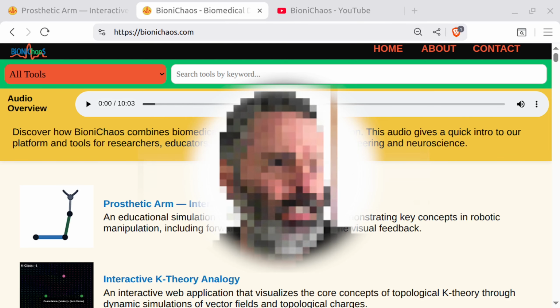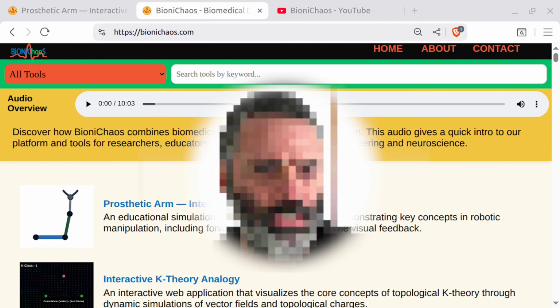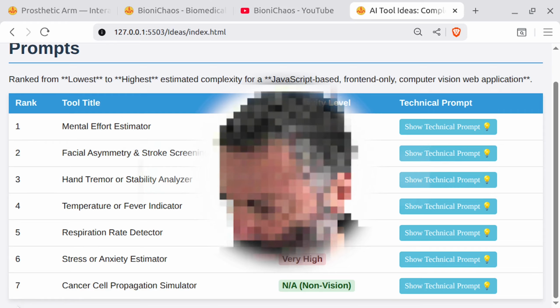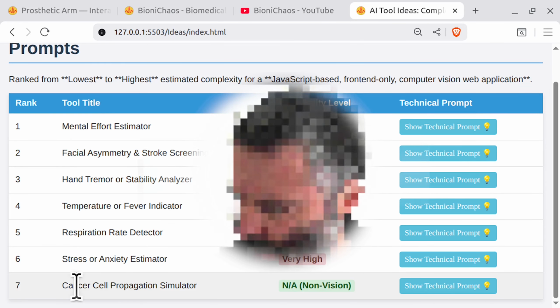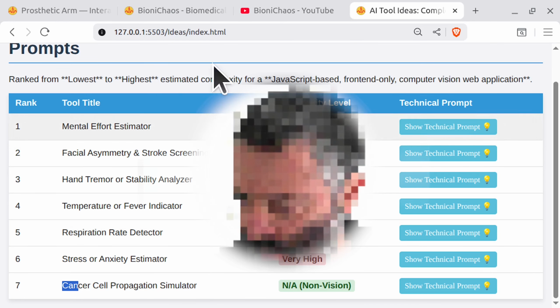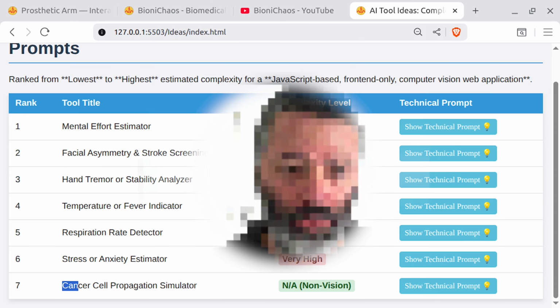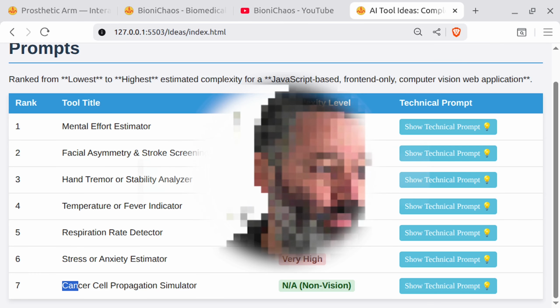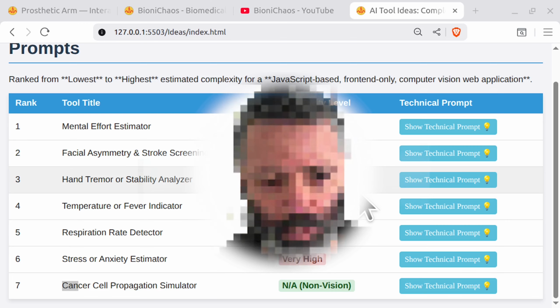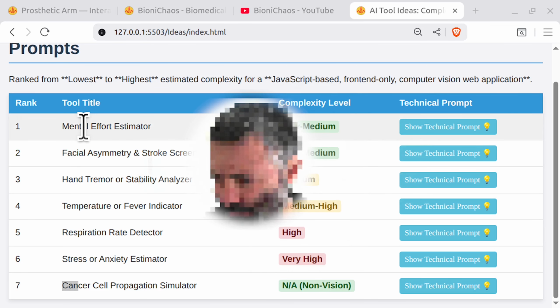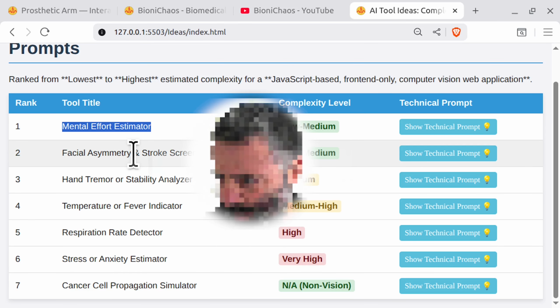We had this ideas page. Yeah, we had the 6 ideas. We're probably not going to be doing this, the last one. Put some sort of priorities on it. Yeah, we have complexity level, mental effort estimator. Yeah, doesn't